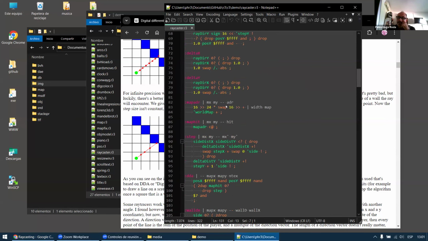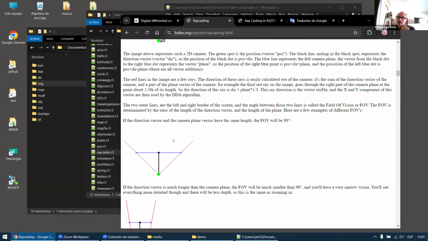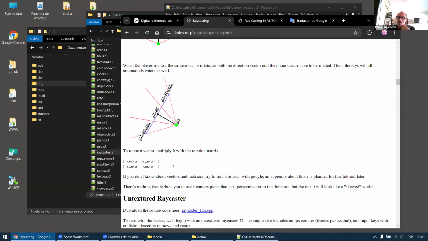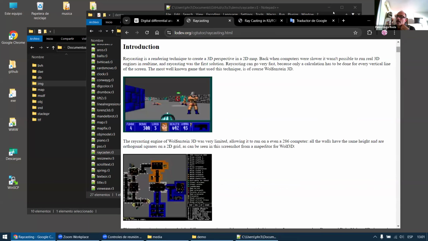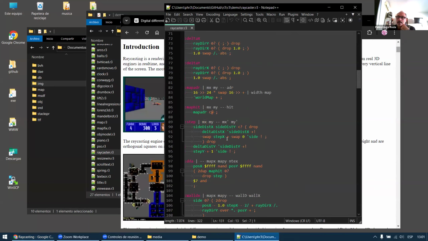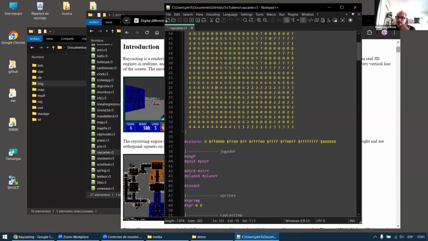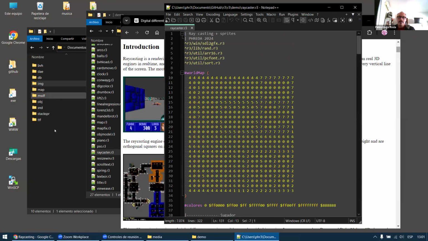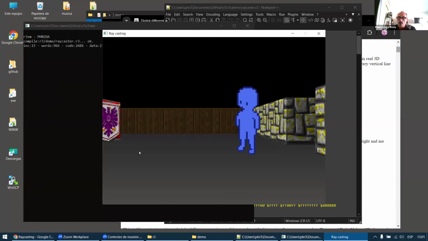This is an auxiliary function to calculate some variables. The names of the variables are the same as on this web page. And this is all: global variables, player, and map. Then I show